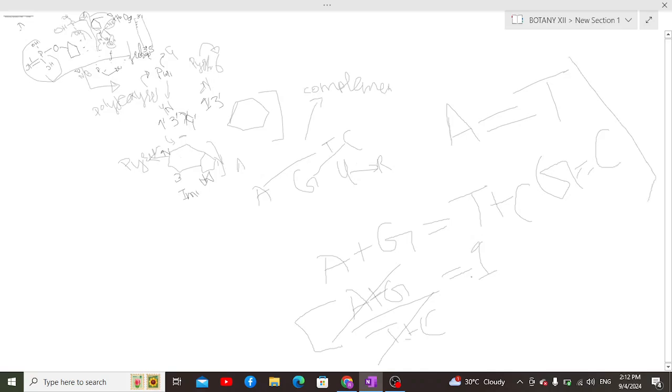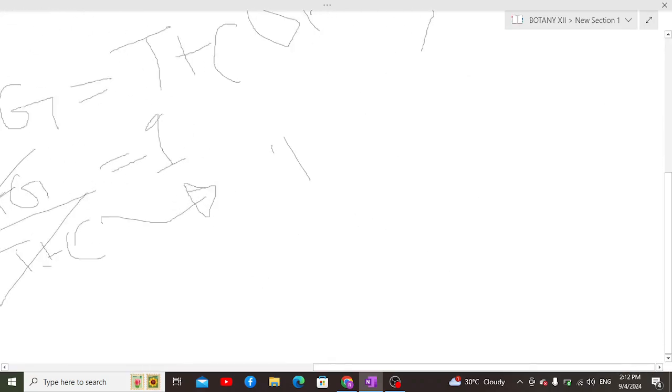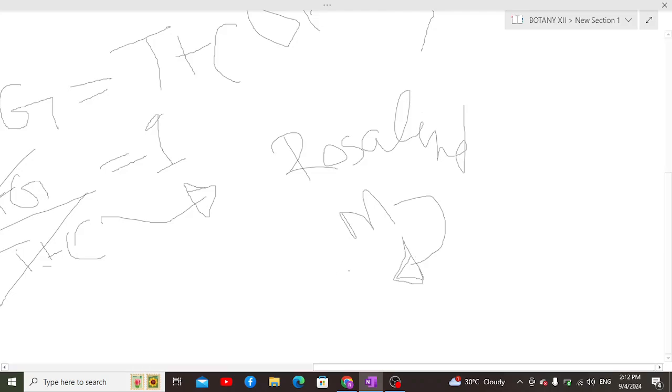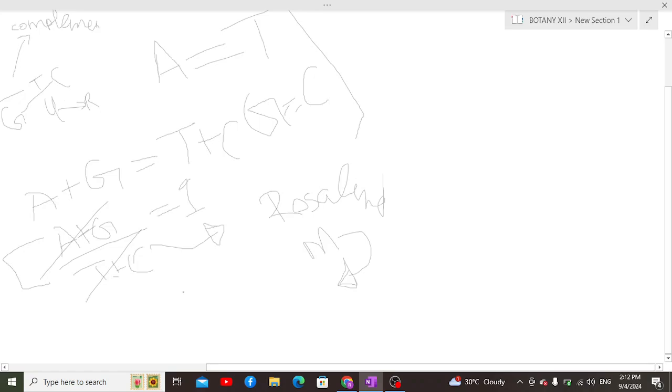This condition is verified by Chargaff's rule, which was further verified by a scientist named Rosalind Franklin, who performed the X-ray diffraction of DNA. Rosalind Franklin and Maurice Wilkins. He was a British biochemist in whose lab Rosalind Franklin worked and performed the X-ray diffraction of DNA. When she performed the X-ray diffraction of DNA, they found the exact nature of complementarity between adenine and thymine and guanine and cytosine, due to which they proposed a structure of DNA, where they said that the